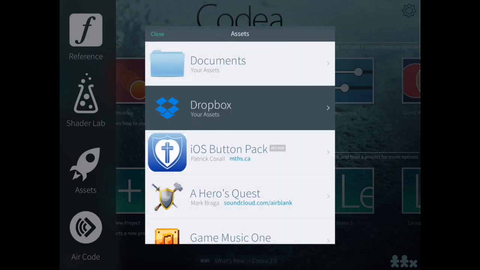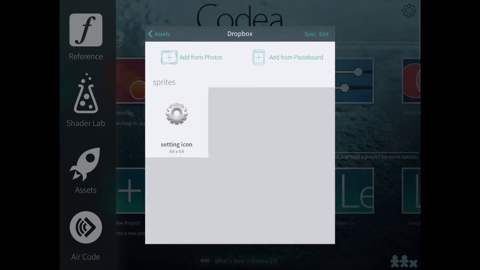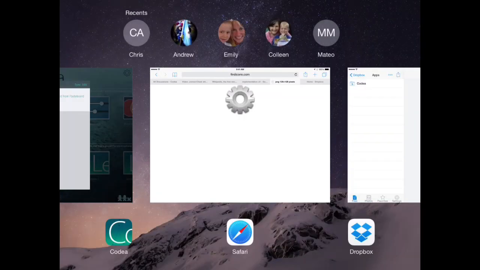So I'm just going to go back to my Dropbox account. I just flip back and forth so that I could sync it. So I'm just going to show you what is happening. So it's saving that now up to my Dropbox account. So if I go back to my Dropbox